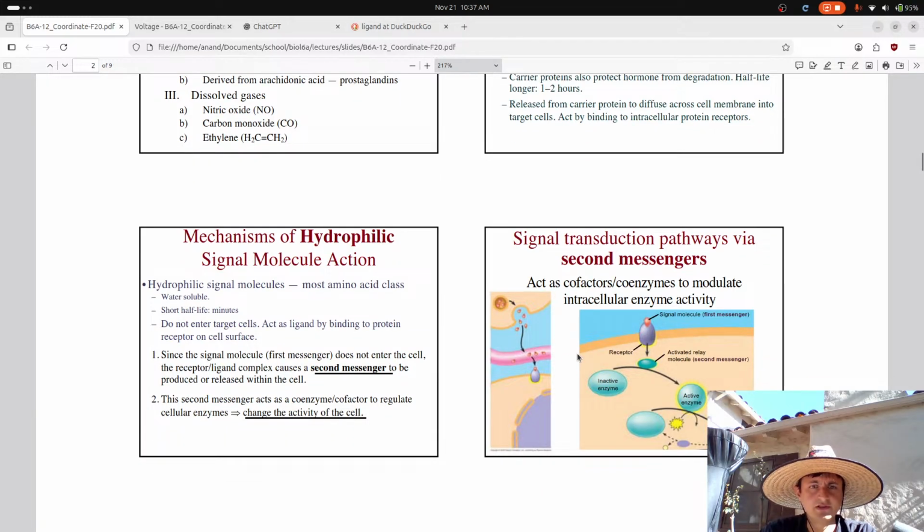Mechanisms of hydrophilic signal molecule action. Hydrophilic, yeah, short half-life. Right. Since the signal molecule, the first messenger, does not enter the cell, the receptor-ligand complex causes a second messenger to be produced or released within the cell. Okay, so